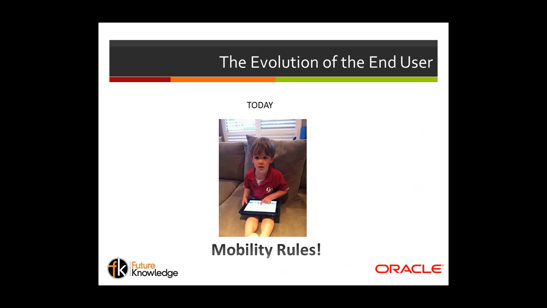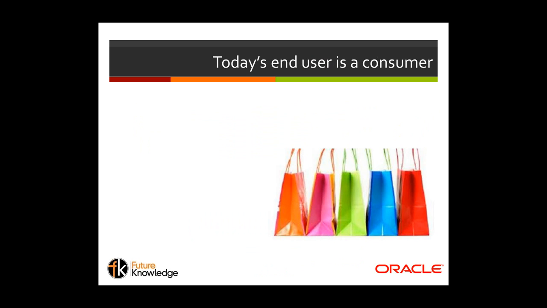To today, where we've got multi-devices and where mobility rules, but as you can see from this picture of my rather cheeky 3-year-old Max, who happened to discover, or I discovered him hacking into my iPad recently, which he managed to do with a swipe of the finger and a couple of taps of a code that he must have watched me do a few thousand times. And lo and behold, he was in there and starting to open applications up. And I think that's what that's saying to us is that the end user now is